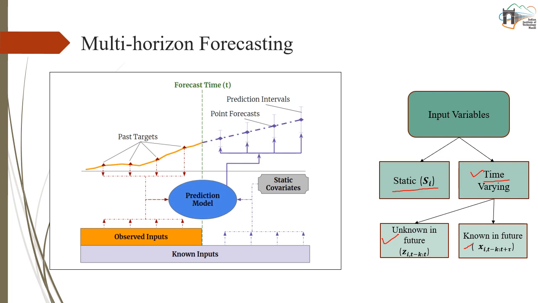So yeah, first we will learn more about these diverse inputs and their importance. So in practice, when we talk about multi-horizon forecasting applications, multi-horizon means we are providing outputs at multiple time steps ahead, while dealing with multiple variables. So providing the distribution of outputs at multiple time steps ahead is more crucial.